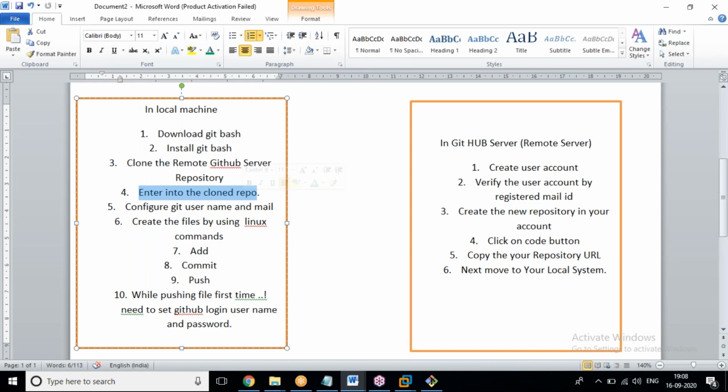Now configure the git user and mail ID. Why do you want to configure? Keep in mind, generally in our life, wherever you go, whenever you are moving from one place to another, we see a number of anonymous persons.